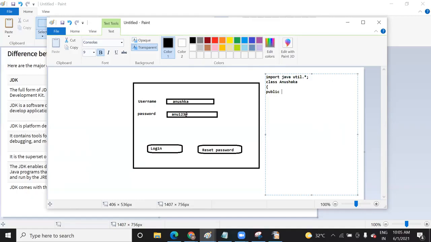Public static void main class and everything. System.out.print is used for printing whatever you want to print. Suppose you want to print, my name is Anu. Then just write it within double quotes within this instruction, system.out.print.